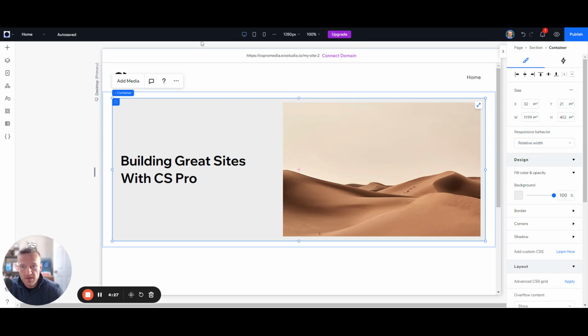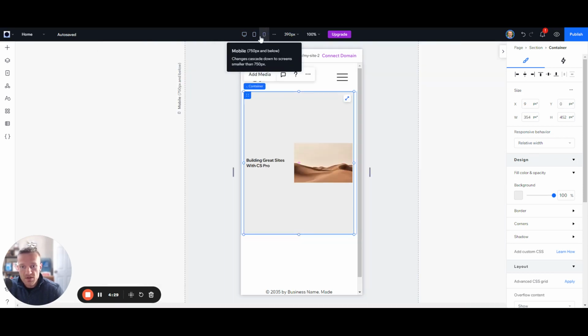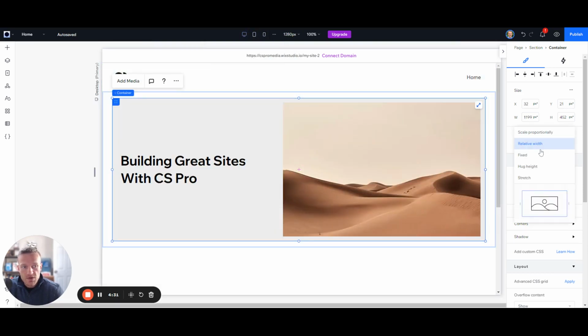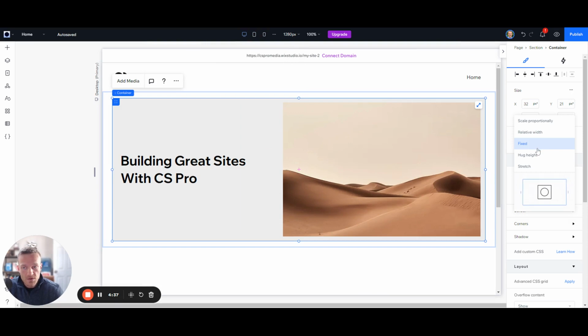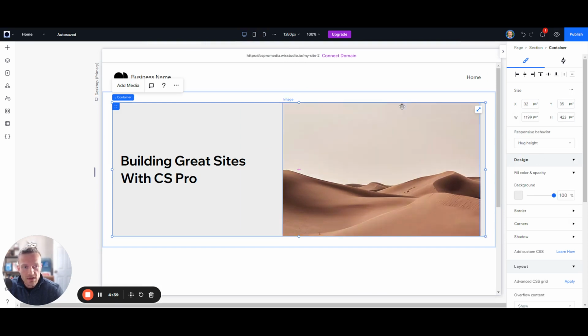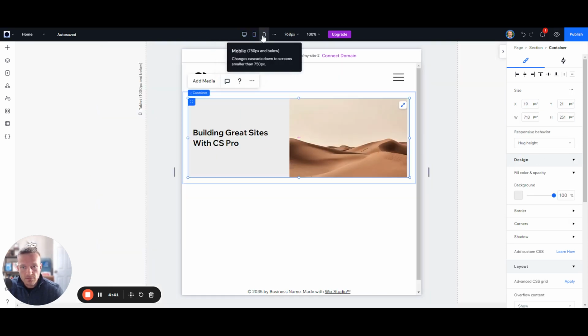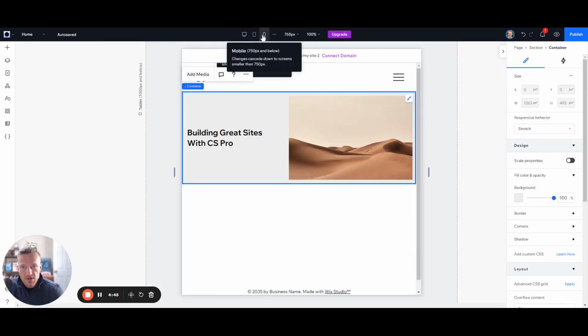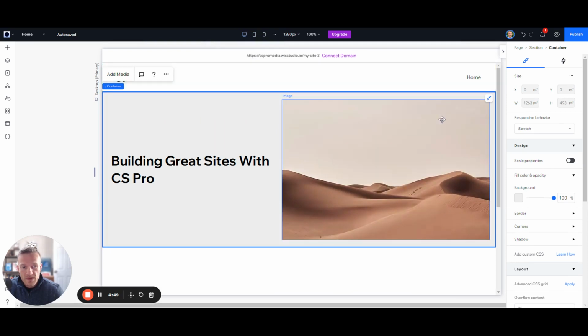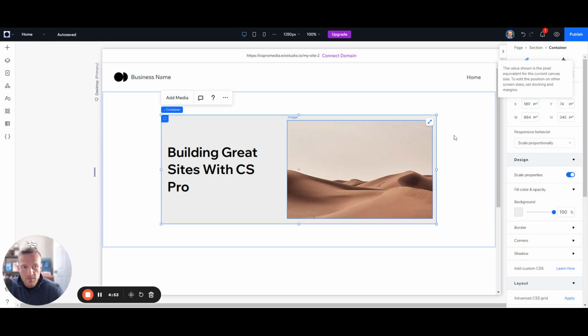So we have relative width, and you can see how this is going to change when we switch through the different screen sizes. And then we have fixed, which is probably not the best choice for this whole section, or the container at least. We have hug height, and then we're going to have stretch. So my recommendation is to pick the best one that suits the design, but you can choose what